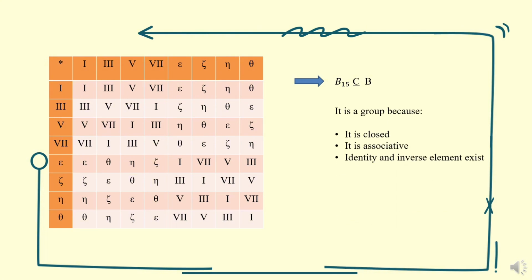It is a group because it is closed, yes, because all of the outcomes in this table are themselves only, not other elements that don't exist in this table. It is associative also, yes, because when we flip this 180 degrees and rearrange it in order, we can get the same values as this table. And lastly, identity and inverse elements exist in this table, yes, because